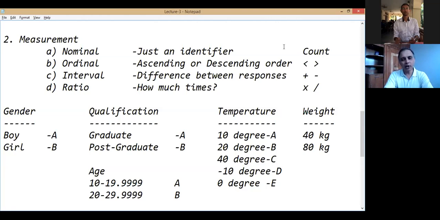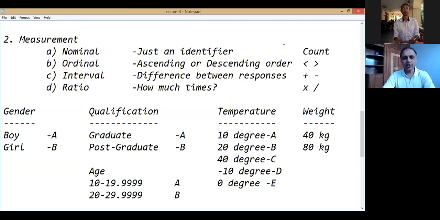The second comes ordinal. In ordinal, we can say this is more, this is less. In our 99 or 98 participants as of now, some will be PhD degree holders, others will be PG, and there might be some UG. So we can say PhD holders are more qualified than PG, and PG are more qualified than graduates. More or less. How much more? I can't say. Then it comes to interval, where we specify the difference. We quantify the difference between the two. That is called interval. And ratio, where we can talk in terms of this many times, divide, multiply, we can do.